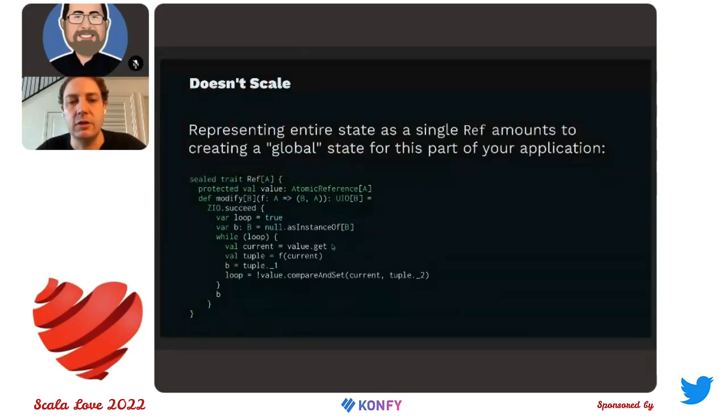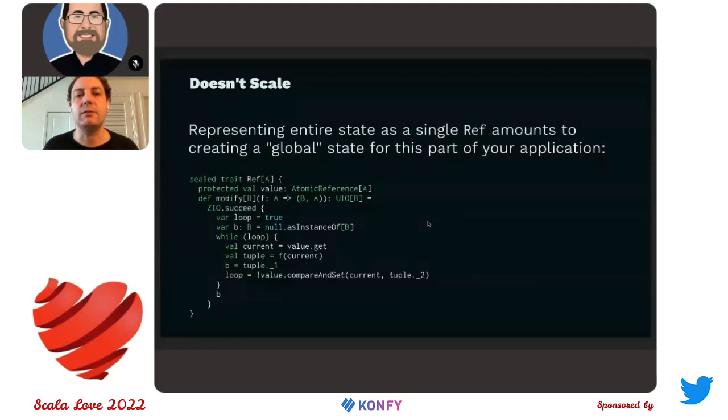So it gets the original state, then it runs this update function, and then it tries to set the state. And if it finds when it does that the state got modified by someone else, then it retries the whole thing. And so when we create this bigger state, what it means is that we have more and more cases where someone else is updating some other part of that state and is forcing us to retry. So we can imagine even this really simple example where we have this map,